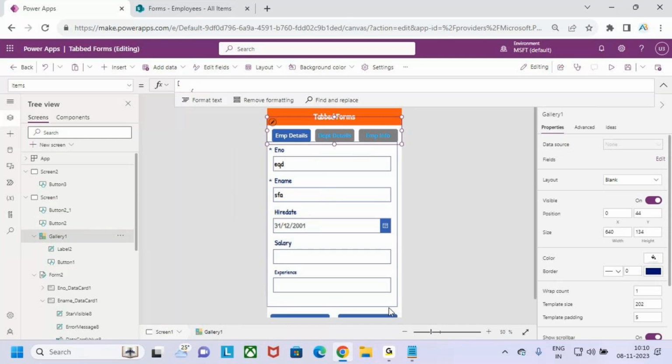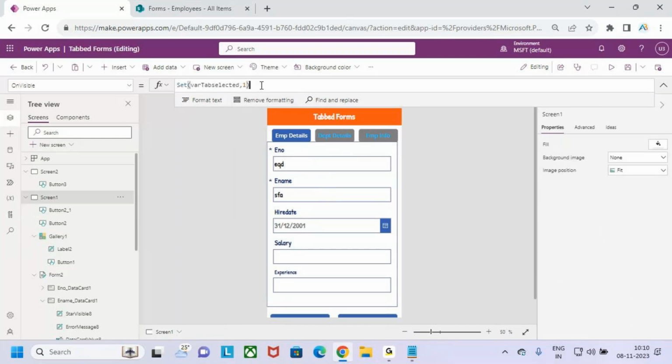Venki, yesterday's class, one query. I got some error while I'm using the